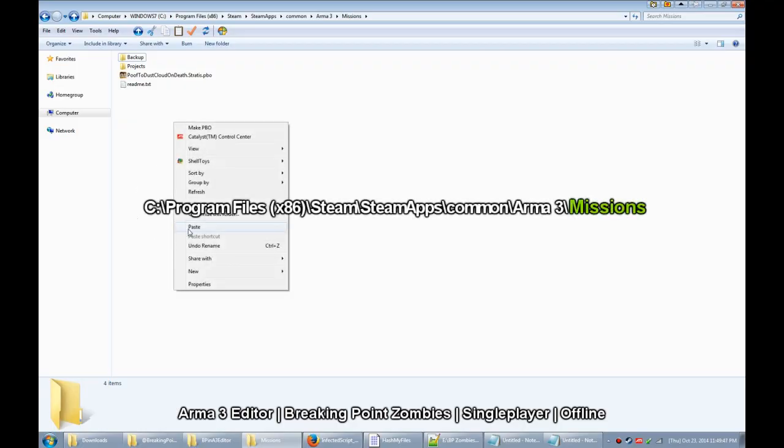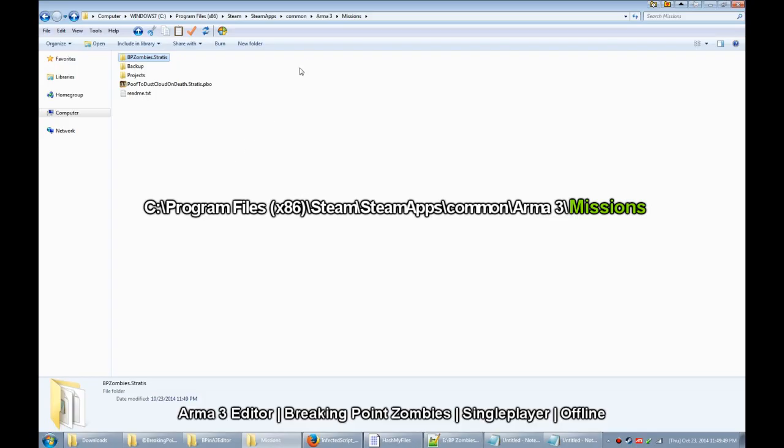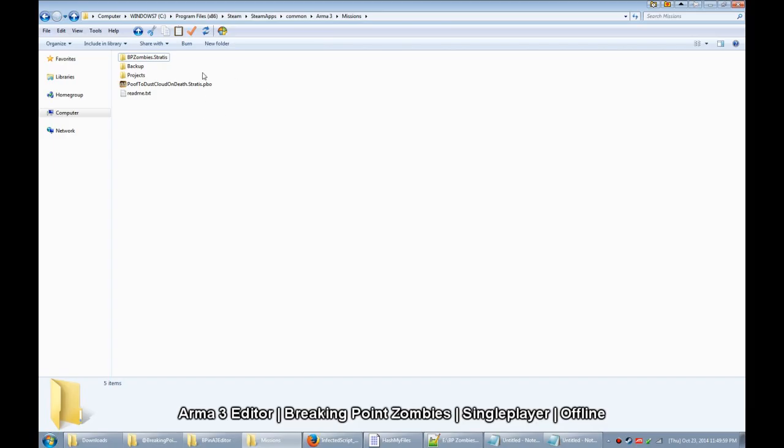So in this case, our missions folder is at SteamApps, Common, Arma 3, and Missions. So you drop it in here, you open the folder, open the folder named infected,